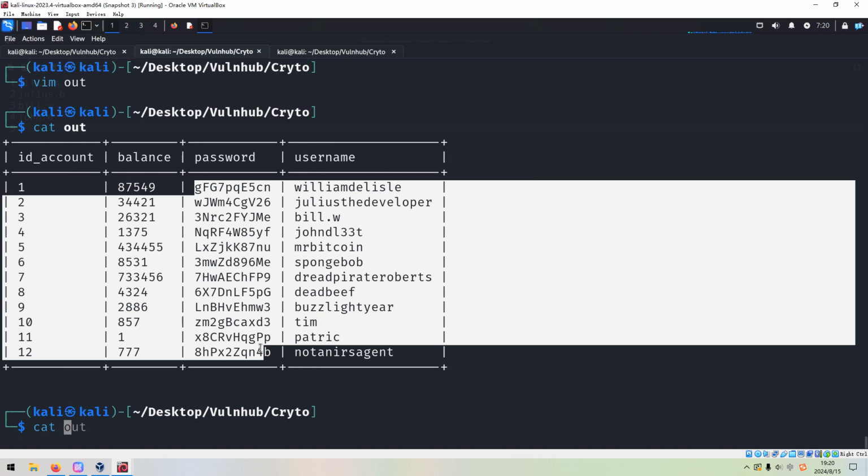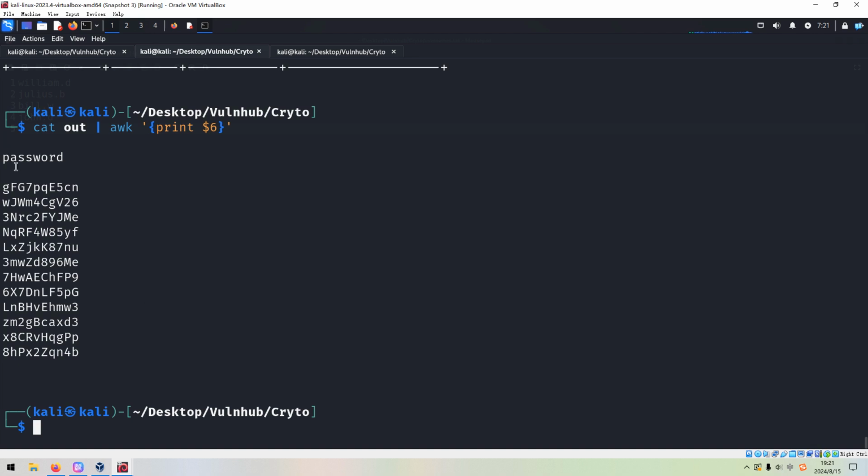We can cat it out, and we can use awk and print. This should be the first column, second, third, fourth, fifth, sixth, maybe the sixth. Also, if you run this, you will get some empty blank lines. We can use grep.